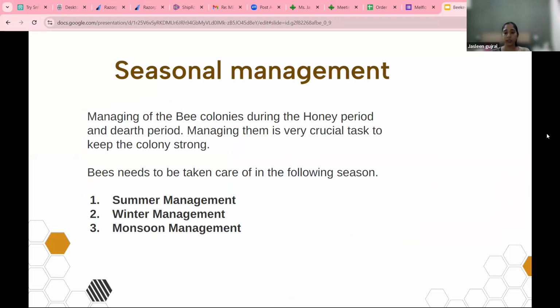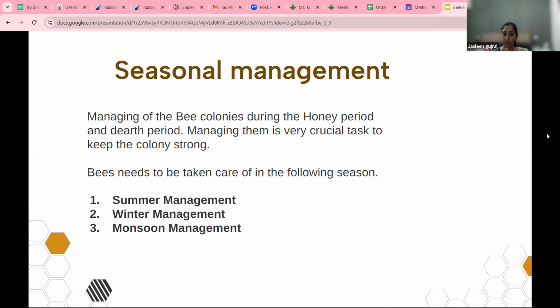So next we come to the seasonal management. In order to have a very good, strong and healthy colony, management of the bees is very important at all times, because at times it becomes very difficult for them to manage as they don't have food to eat. Then at times they get diseases, and you need to feed a little bit of medicine to them. So here I have just listed out three very important seasonal managements